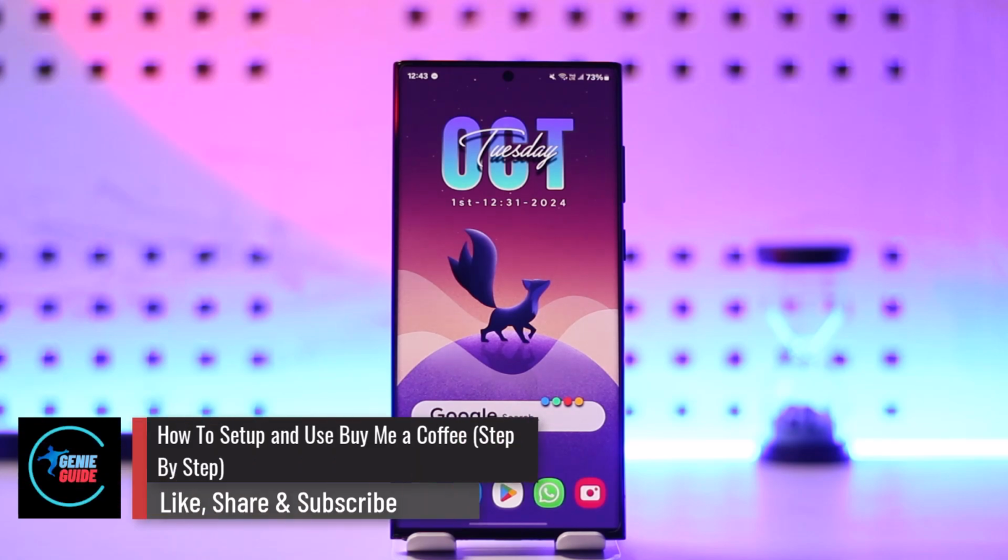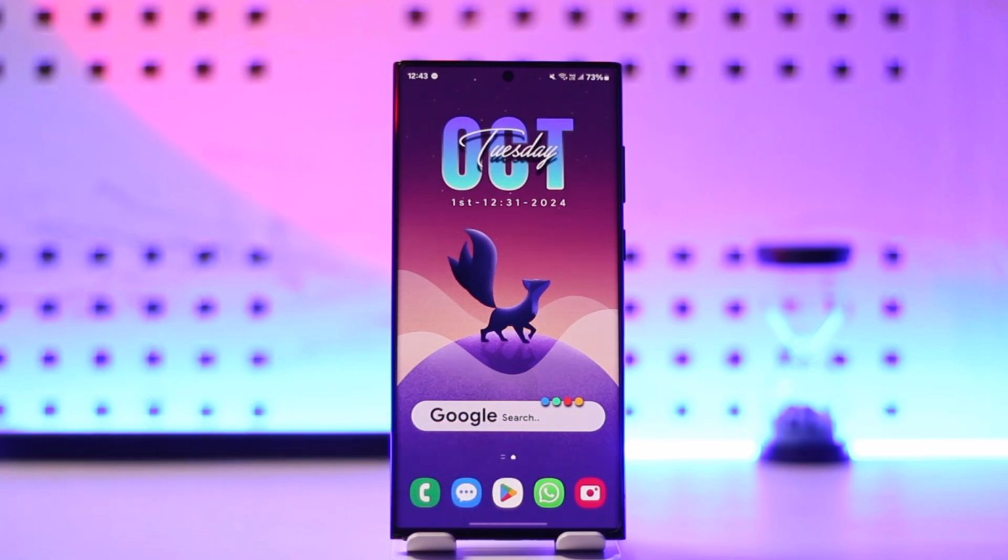How to set up and use Buy Me a Coffee step by step. Now, Buy Me a Coffee is a popular online platform where users can put their donation link so that other users can donate to them to help them buy a coffee. Now, it doesn't literally mean that you have to buy a coffee. It just means that some people might ask for a donation for some cents or a few dollars,